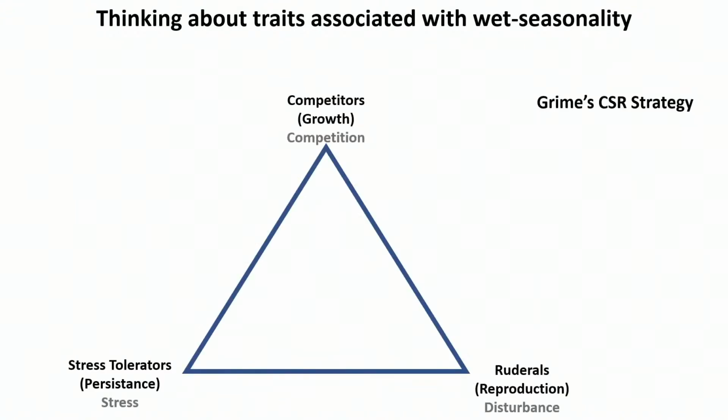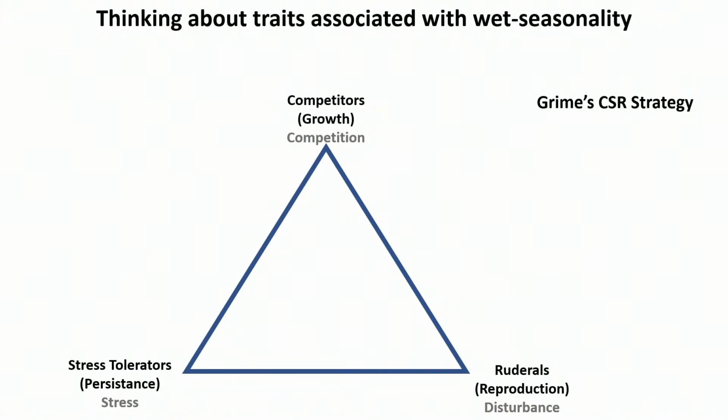So if we're thinking about traits of seasonality, functional traits are morphological, biochemical, and phenological or behavioral characteristics that might be considered relevant for an organism to survive in an environment. There are so many strategies that have been used to try and group functional traits. One classic one is Grime's CSR strategy, where we get competitors, stress tolerators, and ruderals. And this was done for plants.